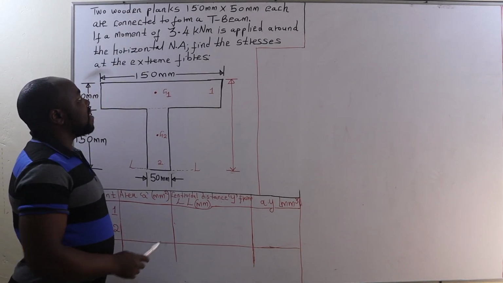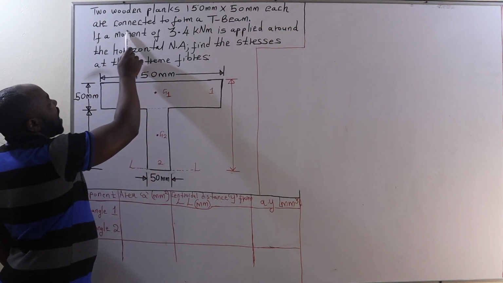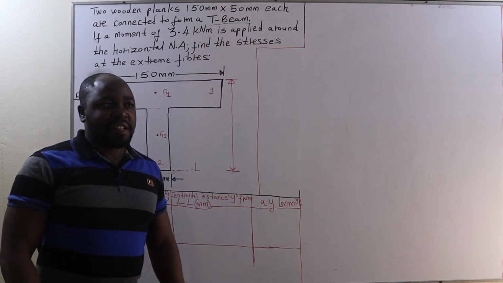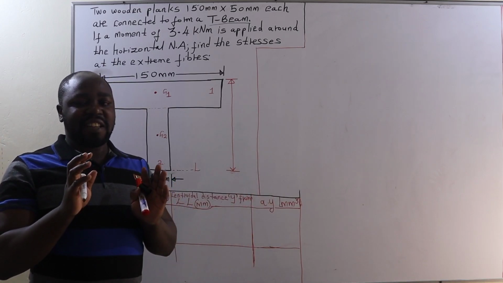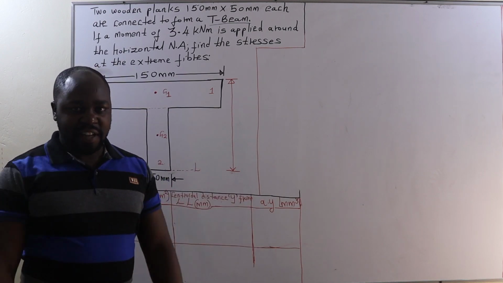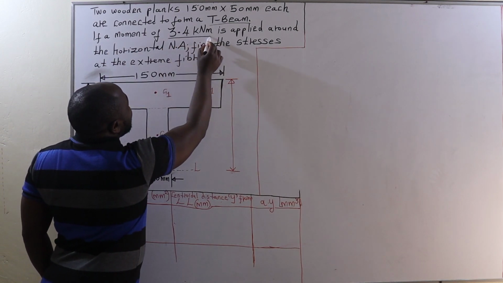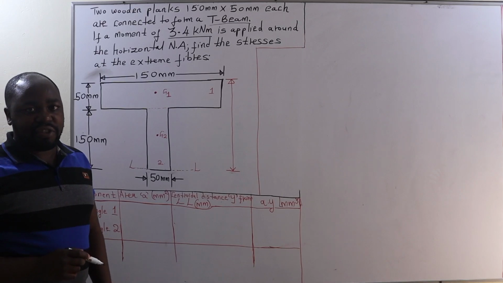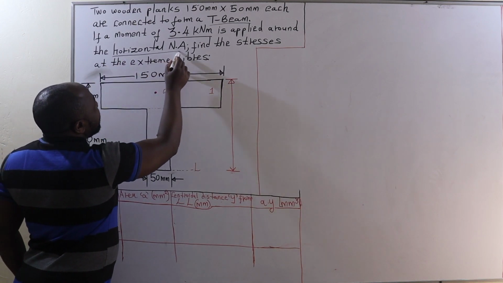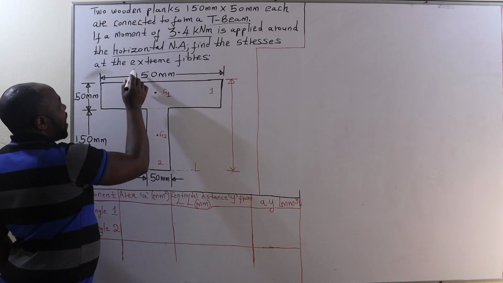Two wooden planks, 150 millimeters by 50 millimeters each, are connected to form a T-beam. A T-beam is a beam whose cross-section is in the shape of a T, so we call it a T-beam. If a moment of 3.4 kilonewton meter is applied around the horizontal neutral axis, find the stresses at the